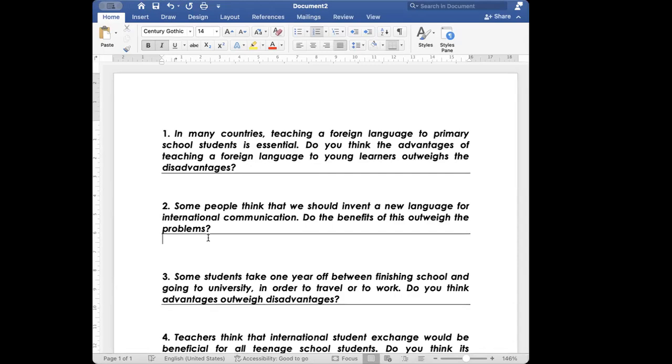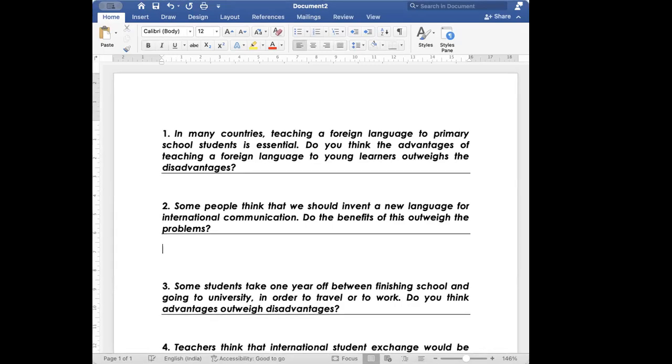Then I will teach you how to write the skeleton of the essay. You know, "the benefits of this outweigh the problems" is "the advantages of this outweigh the disadvantages." Same words, actually same meaning, right? Don't get confused. The words advantage and disadvantage are not in this question. Don't get confused. Are you clear that this is the same essay? Yes, ma'am. All right. Now, first we'll do the points of this essay, the ideas.